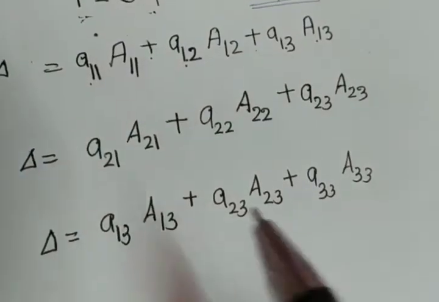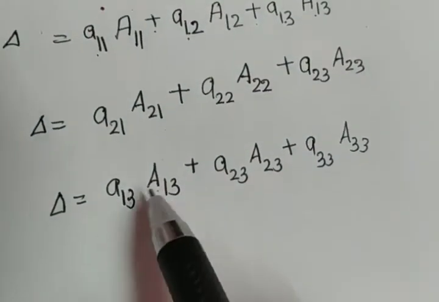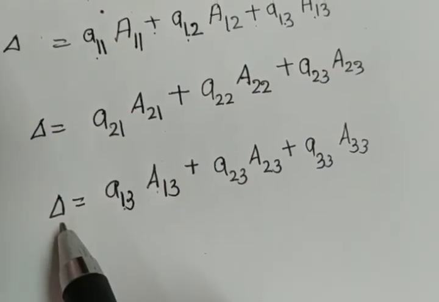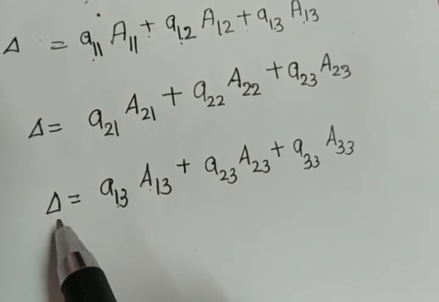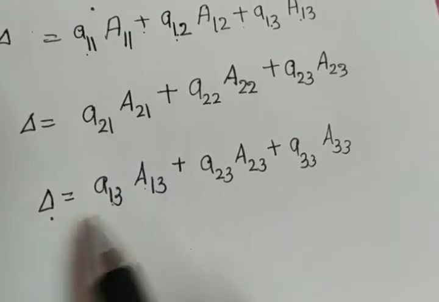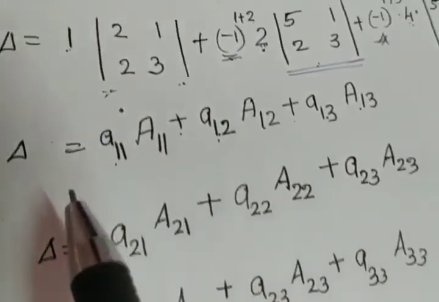So this is the relation connecting the cofactor, the element and the determinant value. So we can expand or find the determinant value using any row with the help of the cofactors, and the general form is